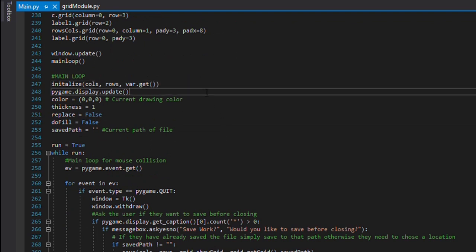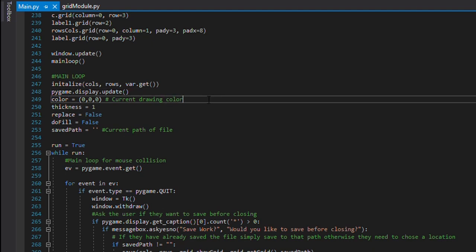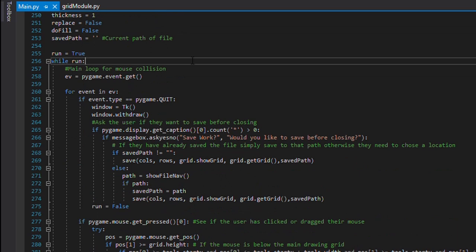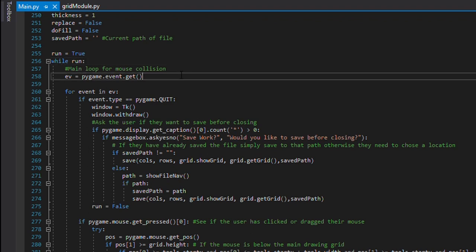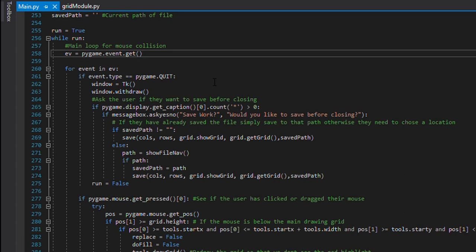So first of all, I have updated the display so that everything is updated according to what I have done previously. Now here begins the main loop. This loop will keep on running unless the person saves the project and exits. So what we need for this is to see where the mouse has been clicked or what has been clicked on the mouse. So from the pygame.event.get function, we store it in a variable ev to see what has been clicked and where it has been clicked, so we can use the functionality accordingly.